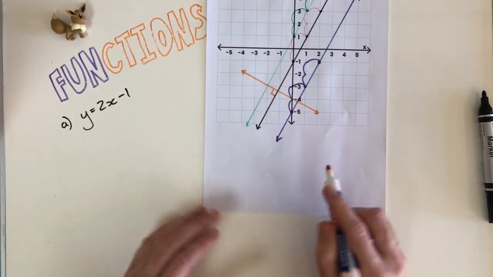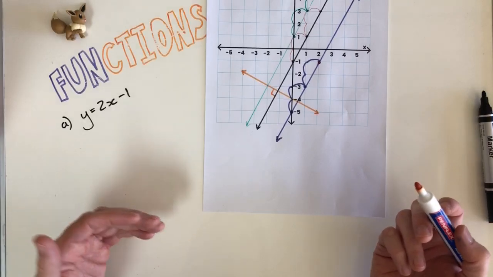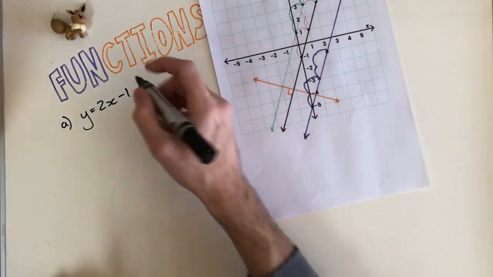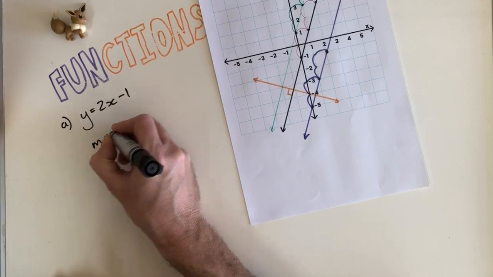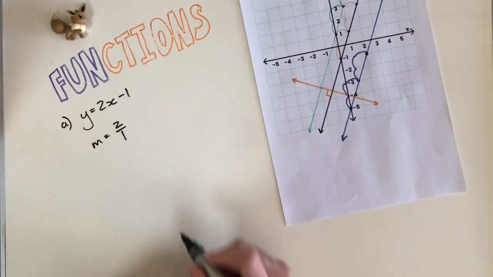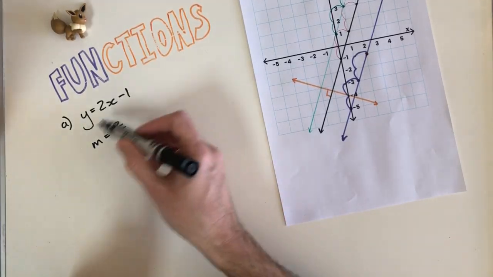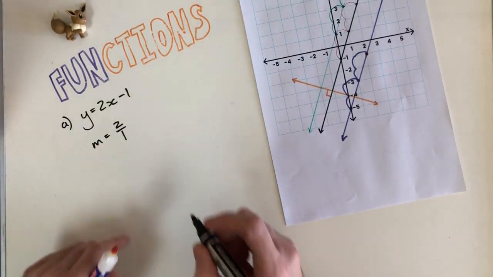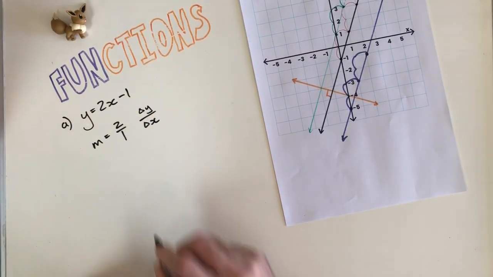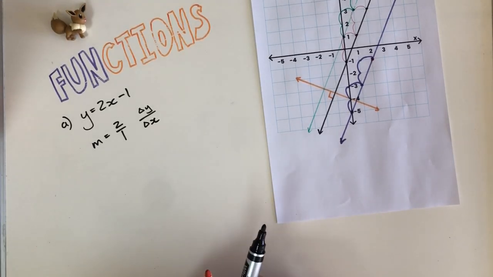And I don't want to necessarily find out what the equation is. I just want to look at the gradient. So I know the gradient for this line. I'll write it here. M is equal to 2 over 1, or just 2. But like I said before, when we work with functions and straight lines, fractions are very nice to work with, because this would show the change of y over the change in x. So for this new line, I'm going to try and figure out what is the actual